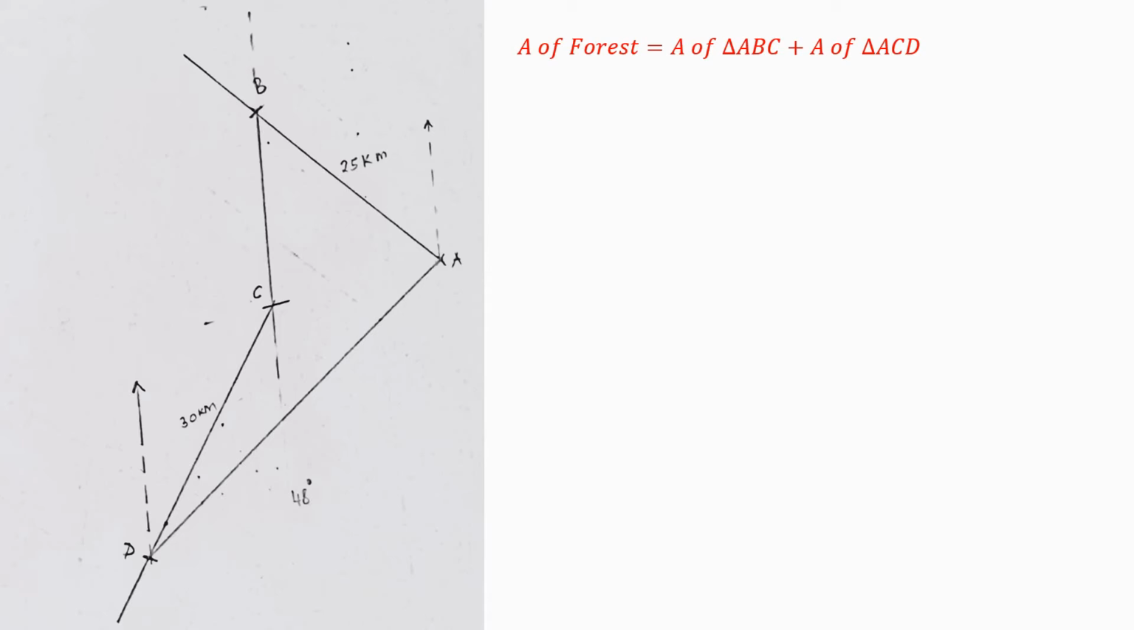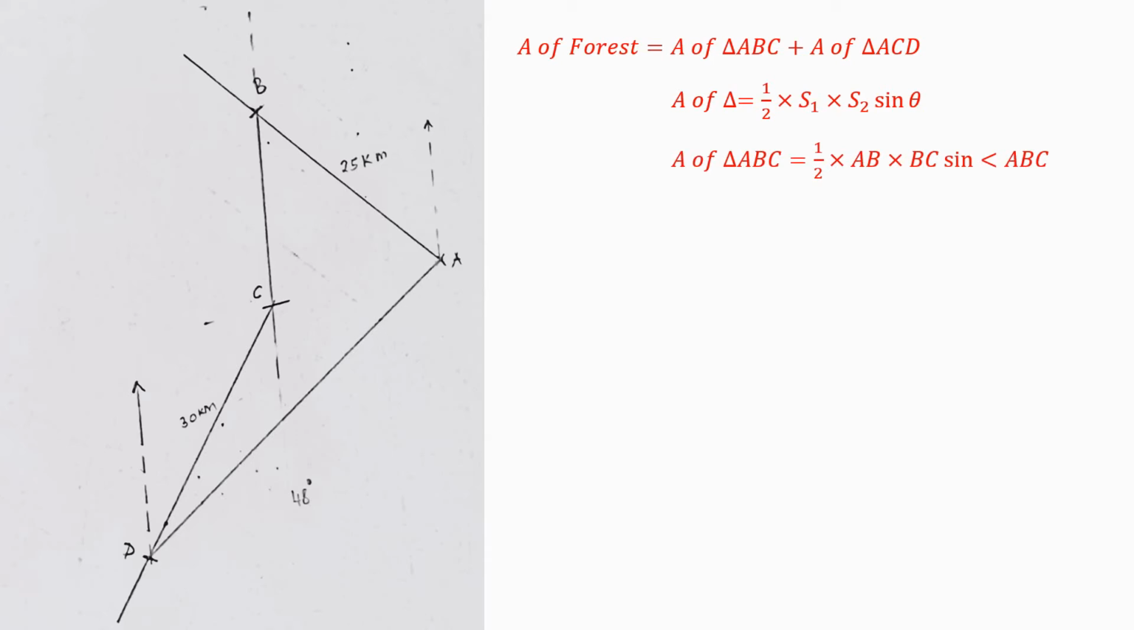And whenever you have a triangle and you know at least two sides and an angle, you can use the sine formula to find the area of a triangle, which is a half times the first side times the second side and sine of the angle between the two sides. So applying this, the area of triangle ABC will be a half times length AB times length BC and the